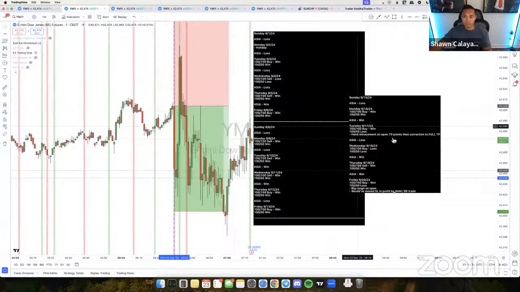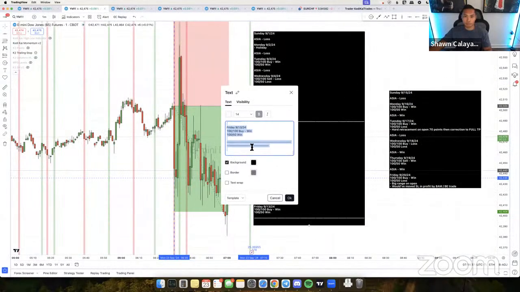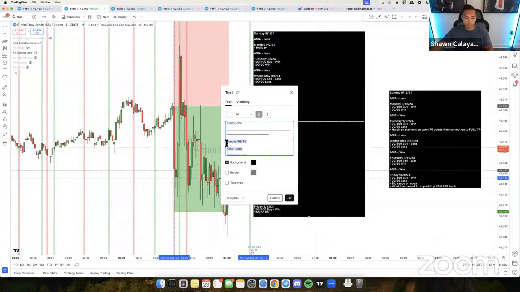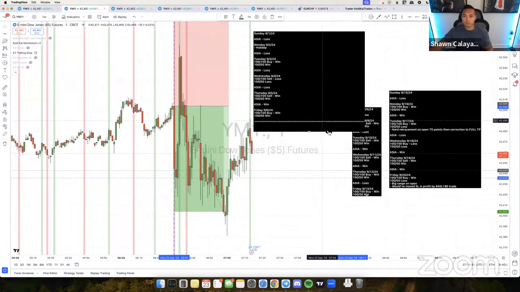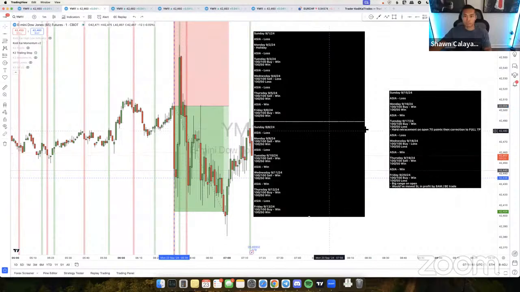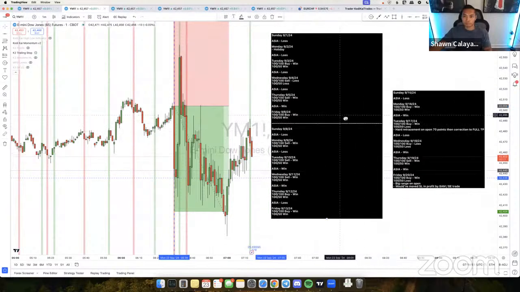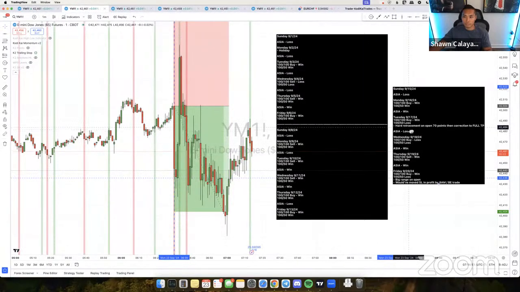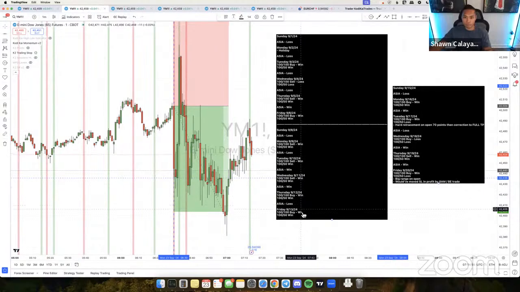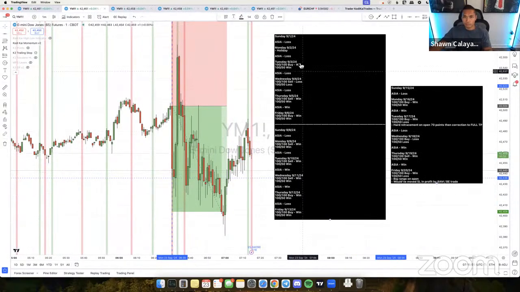Yeah, basically I have all the stats right here. These are all the stats from this month. So what I did first was I tested the strategy with the 100-100. It actually works really well with the 100-100. So if you look over here, if you were to do it for the whole month of September and you're doing the 100-100, it would be